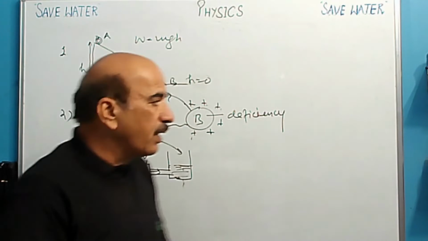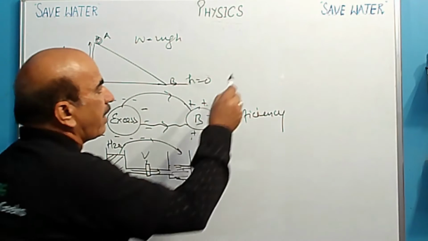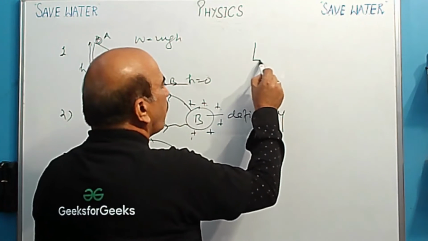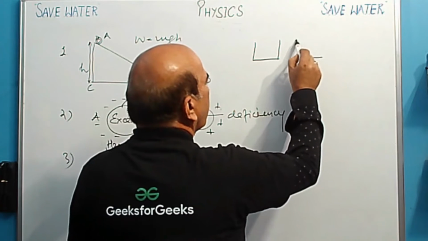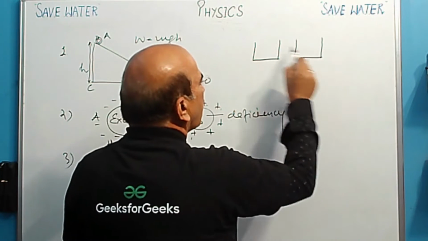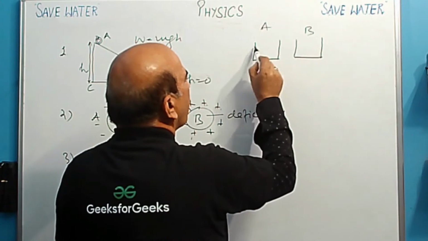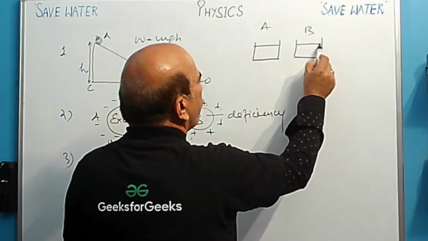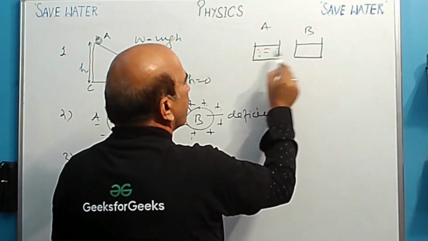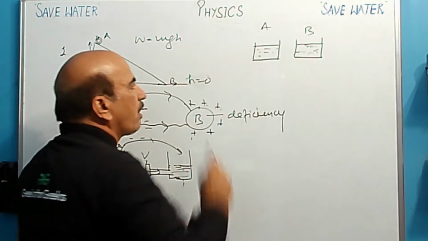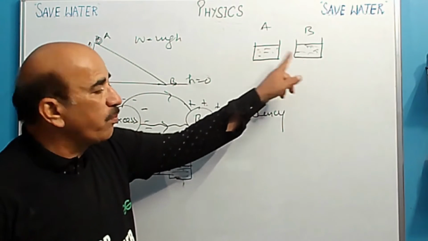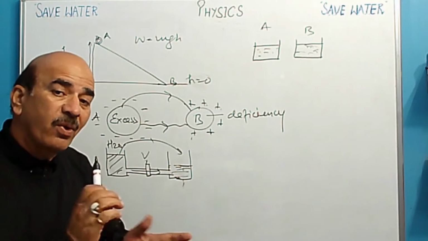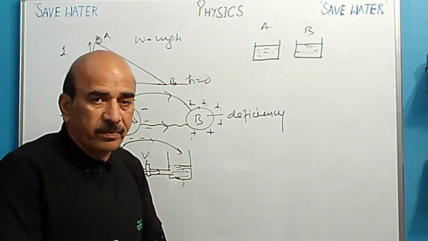लेकिन still you want, now these two containers are having the same level. दोनों में water का level same हो गया. And both are lying at the same height. Now both containers A and B have the same level of water. But you want, sir, water should flow from A to B. A to B में water को flow करना चाहिए. So what will you do?